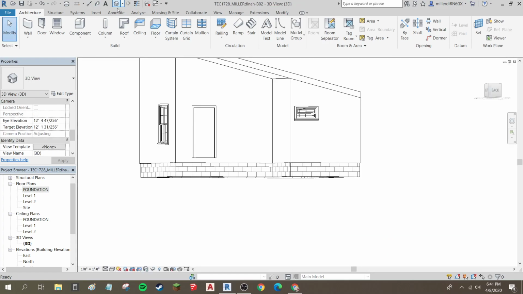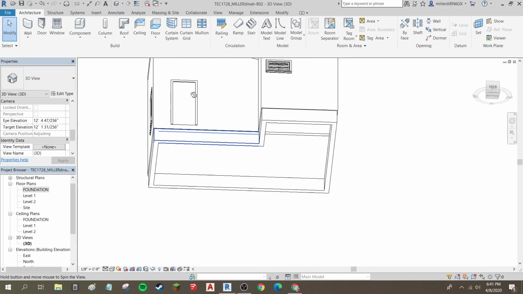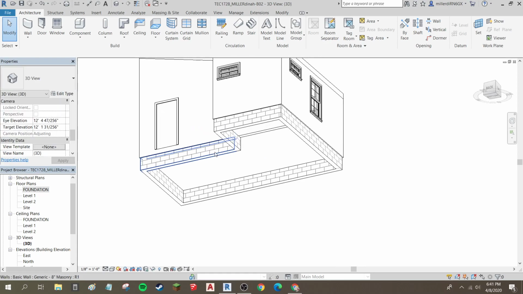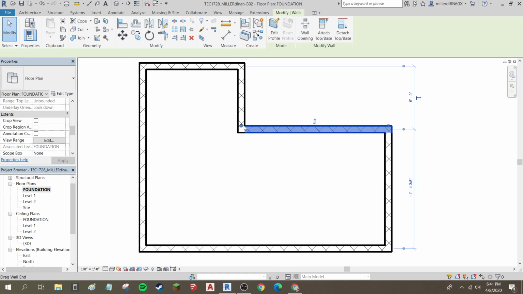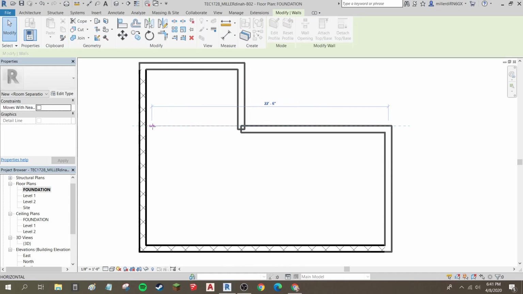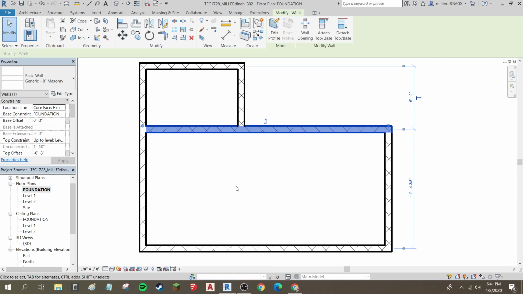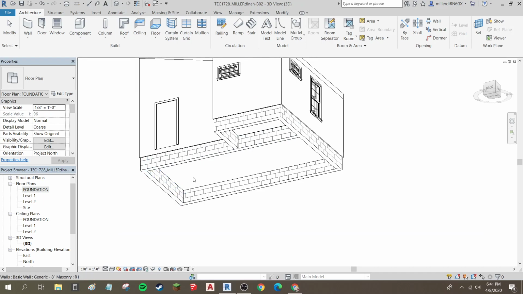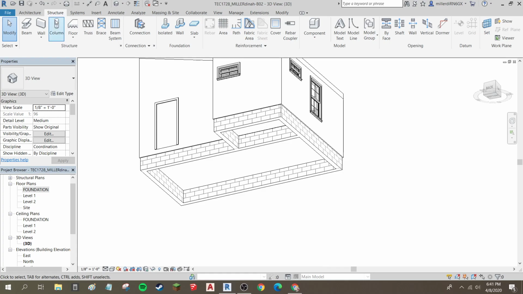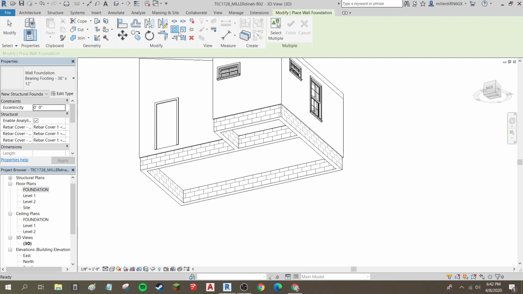Last thing I'm going to do today, and then I'm going to call it, is add in my footing, or I actually should drag that to be longer. I'm going to go back into my floor plan. I'm just going to click on this. I'm just going to drag this wall all the way across. Easy fix. And now I'm going to go into my 3D view, and I'm going to add my footing all the way around here. So to add my footing to all of my walls, I'm just going to go to the Structure tab, and I'm going to do a foundation wall,